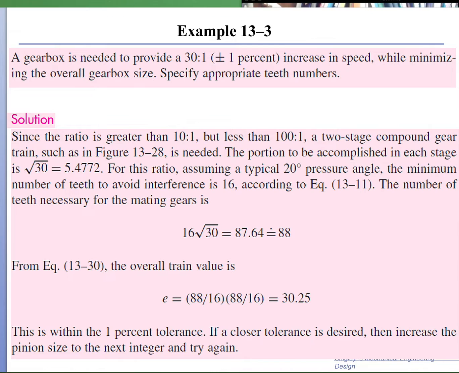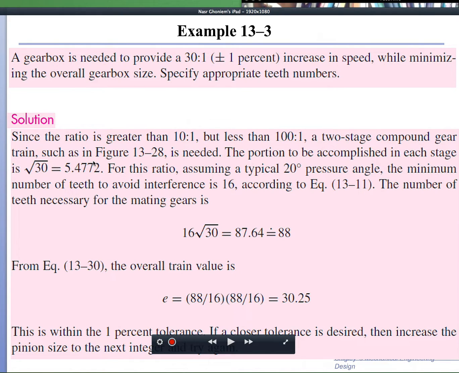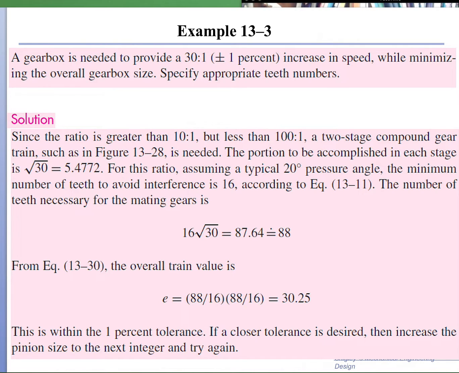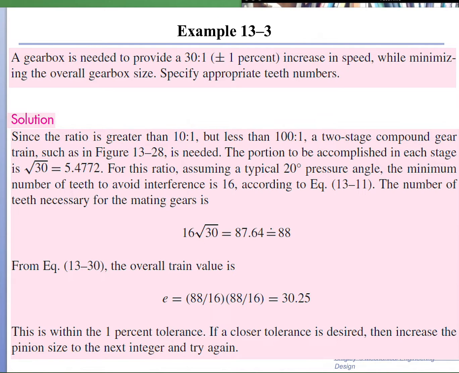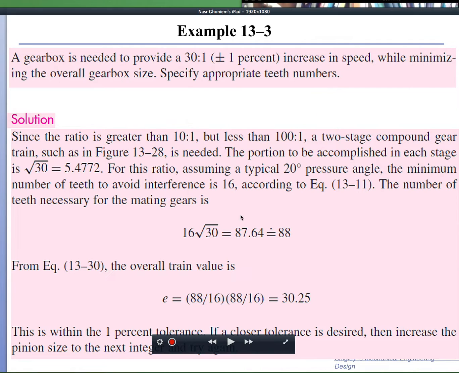If you consider the pressure angle and this kind of gear ratio and go to the formula that we developed to avoid the interference, then we find that we need 16 teeth on the gear. And therefore, we can say that the number of teeth for the mating gear is 16 times this theoretical value of the gear ratio, square root of 30. That gives me 87.64. Then we say we can't really find a gear with 87.64, so we choose a gear with 88 teeth,